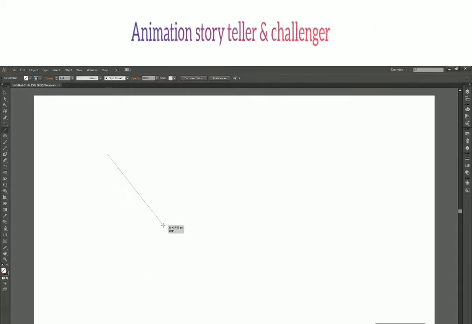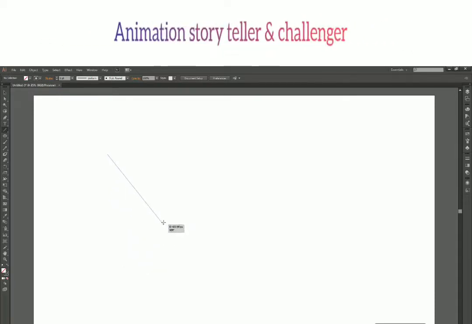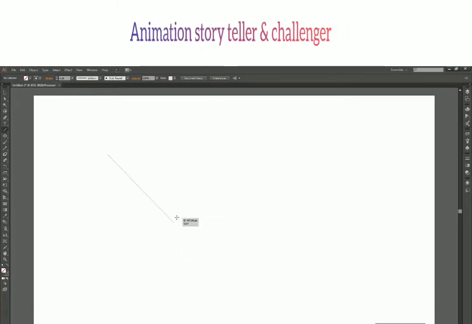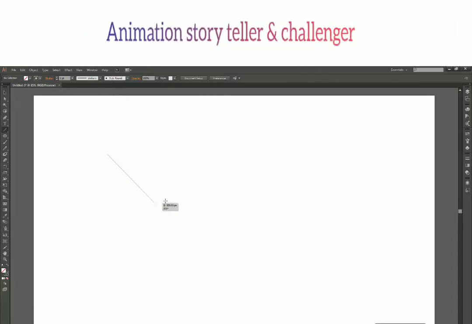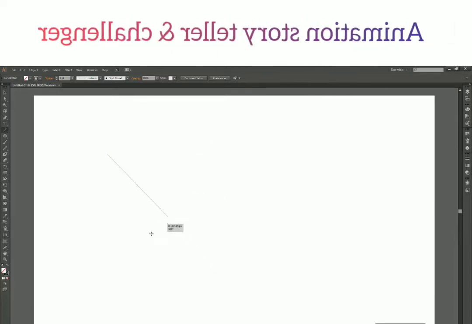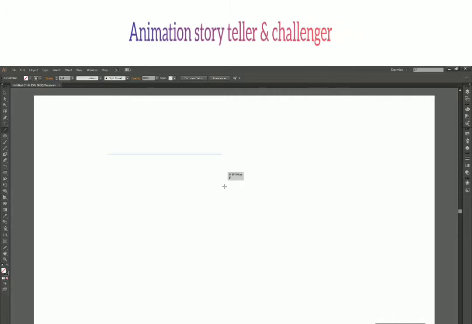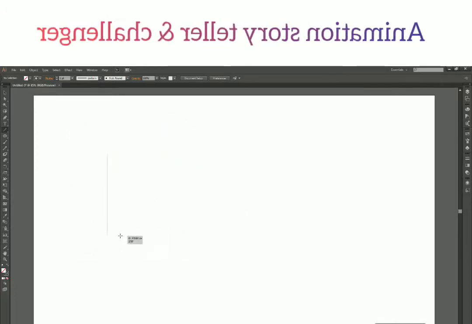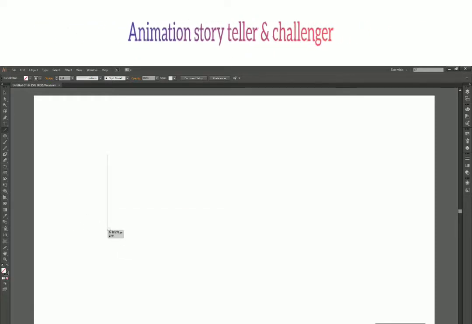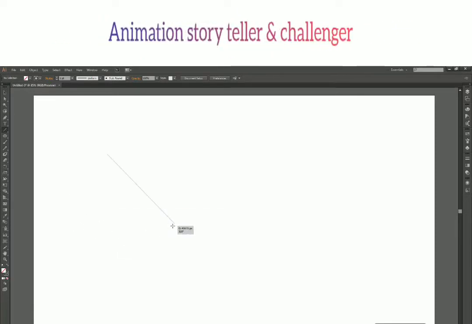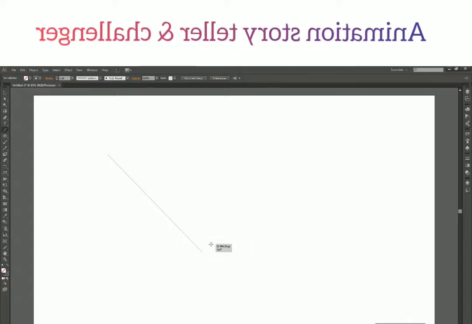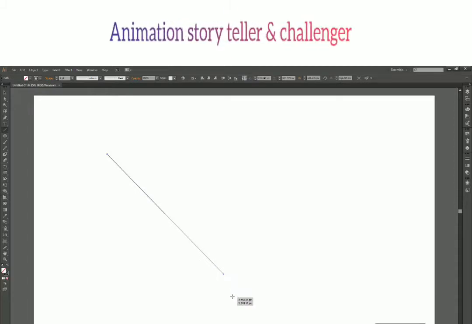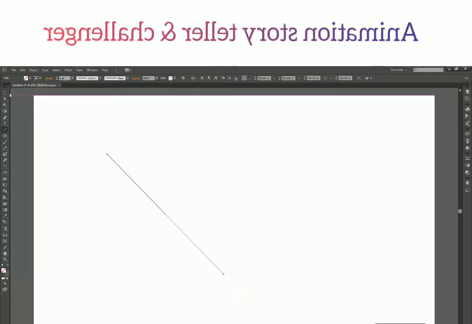If I am somewhere between the horizontal and vertical axis, then it will automatically snap my line to a 45-degree angle. Now I can hold the shift key and move my mouse around to get the line I wanted. But note that this time it will only be either a horizontal line, a vertical line, or a line perfectly in between those two axes at a 45-degree angle. When I'm satisfied that this is the line I wanted, I can release my mouse click first and then the shift key to get the line I want.